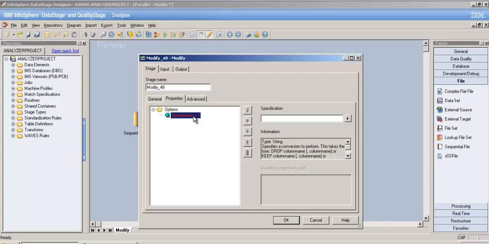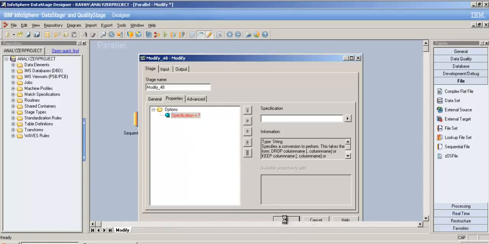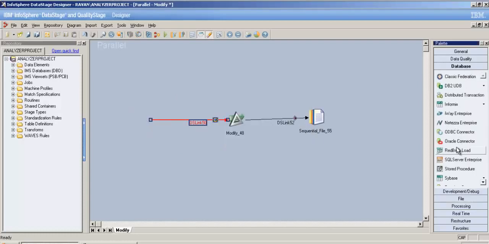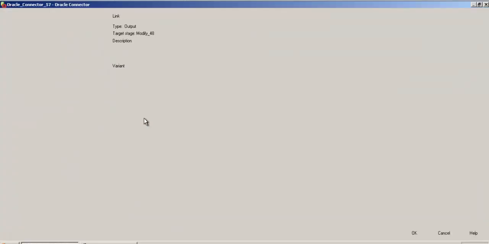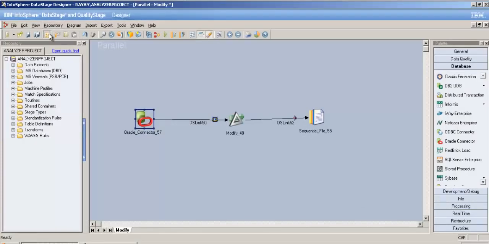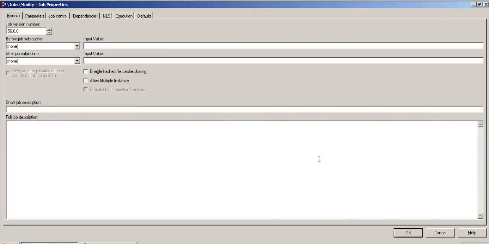You can say keep in one, drop in one other specification, handle null in one other, and data type conversion in one other, and all that stuff. Okay, now let me design the job. Let me put the database as my source, because I have enough data to handle my nulls and all those values. And remember, I do have a parameter, so let me load my parameter set,